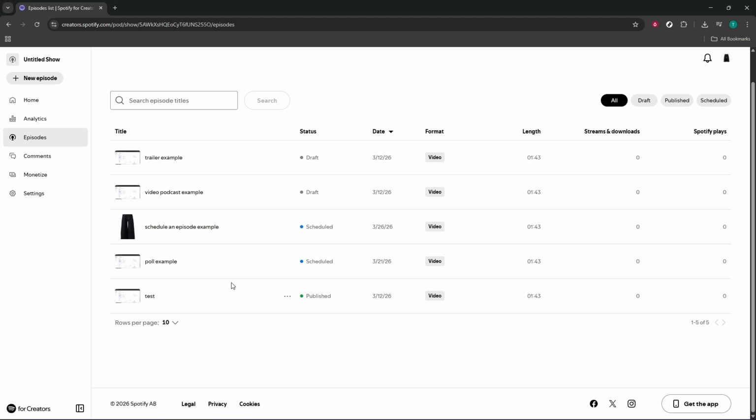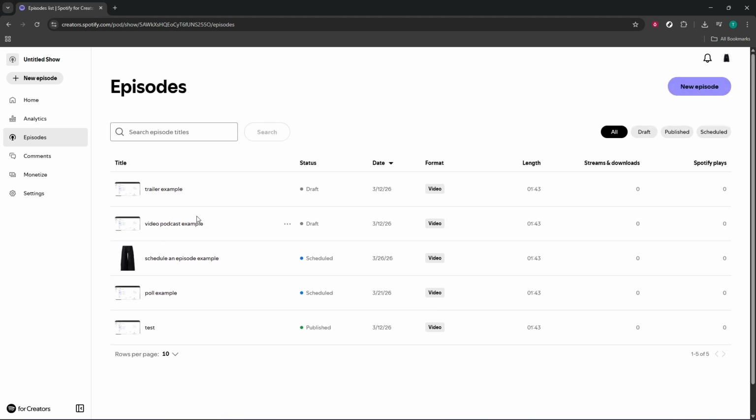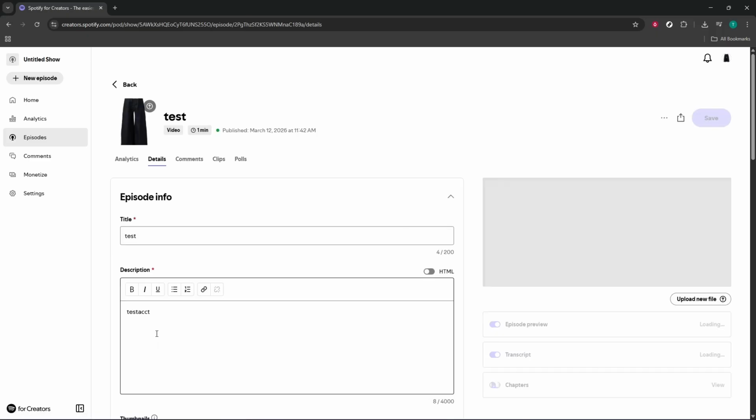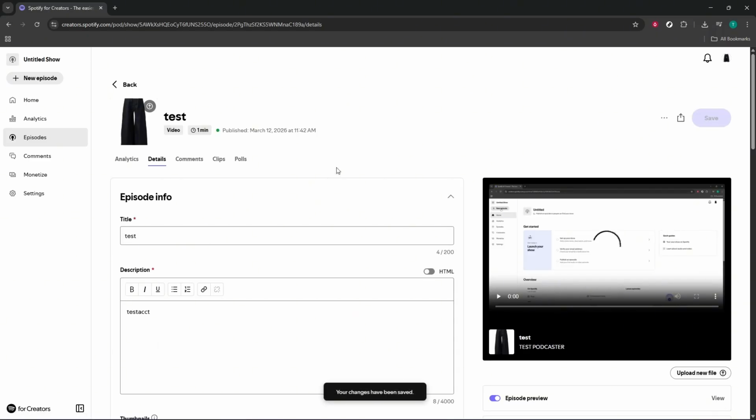Next, choose the episode you want to work with and tap Voice Messages. This takes you straight to the inbox designed for that episode's audience submissions. Think of it as a dedicated mailbox where your listeners drop in their thoughts, questions, and feedback. If you manage multiple episodes or series, selecting the specific episode helps keep messages organized and relevant to the topic